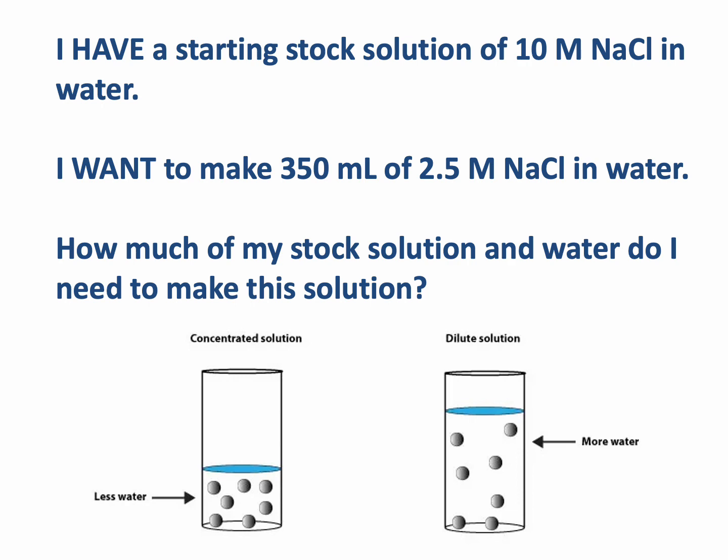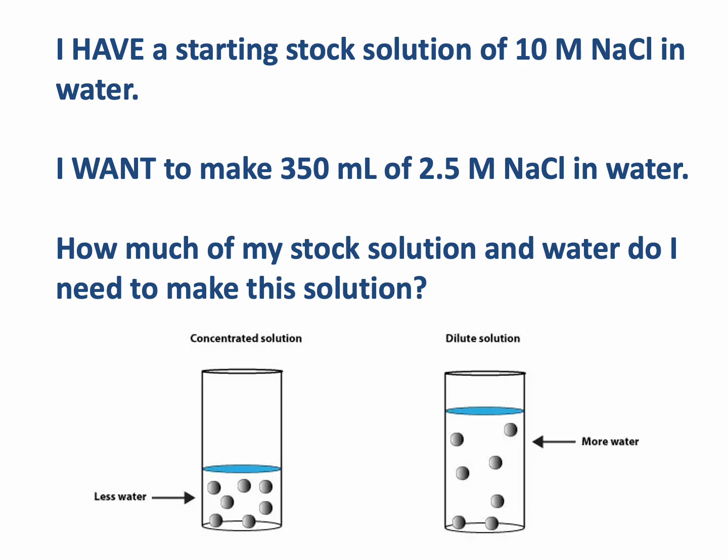Well, you basically rearrange the equation, right? So C1 V1 equals C2 V2 becomes V1 equals C2 times V2, divided by C1. So what's 2.5 times 350 and then divided by 10? I won't bore you with the math, but if you do 2.5 times 350 divided by 10, you get 87.5 mils, right? So that tells you how much stock solution you need,